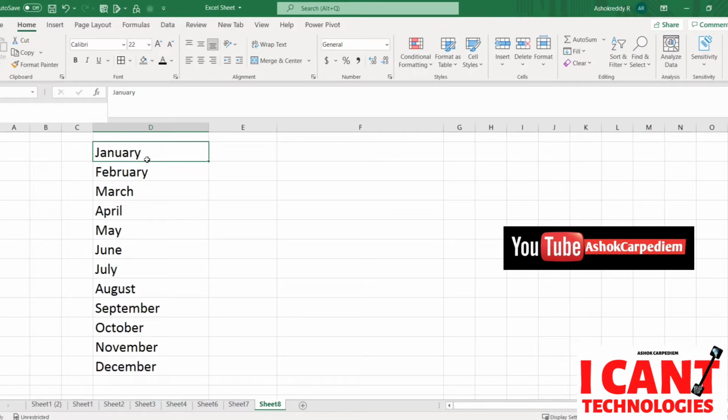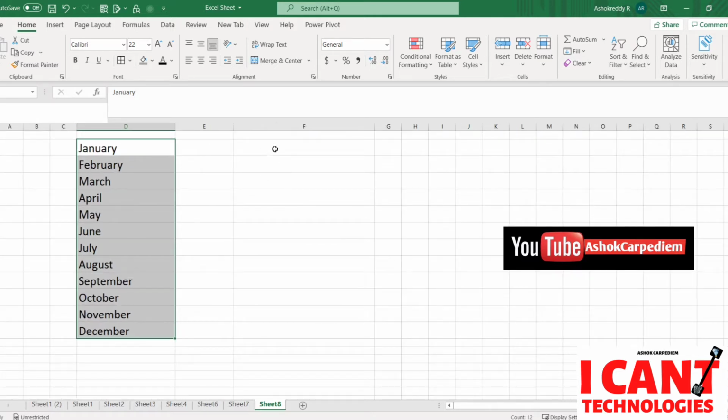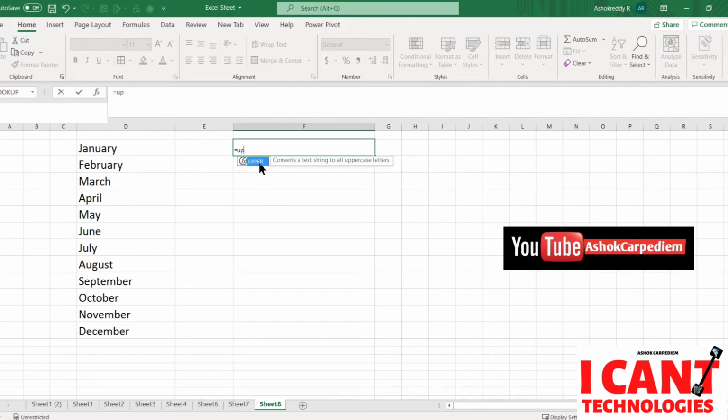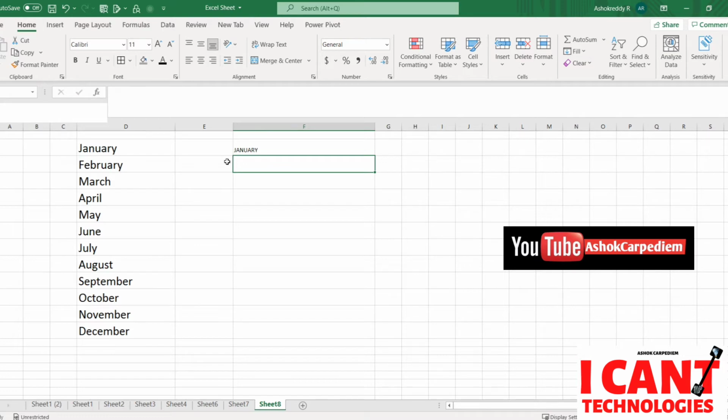If you see here, all from January to December, it is in small letters, right? So I want to change it to capital letters. So what I have to do is go to the next column, just click on it, type equal to, I'll just zoom in, okay, equal to, type UPPER, okay, select this one and then click on this and just enter, and then come here and drag up